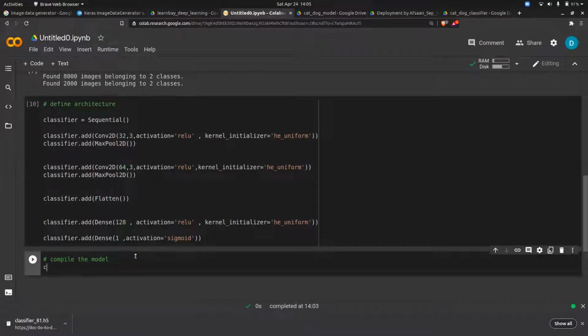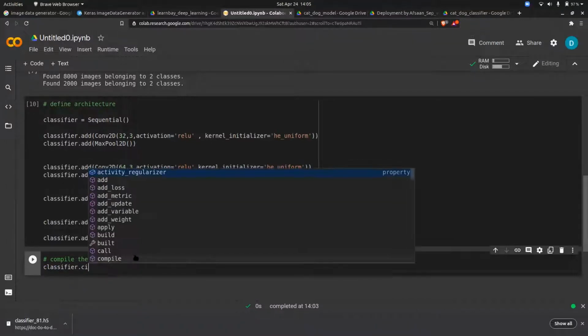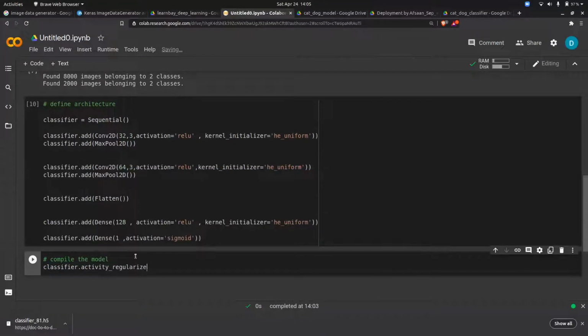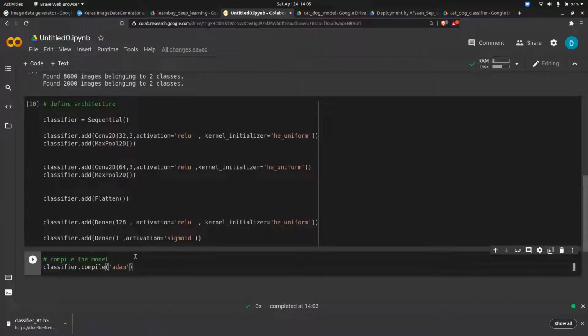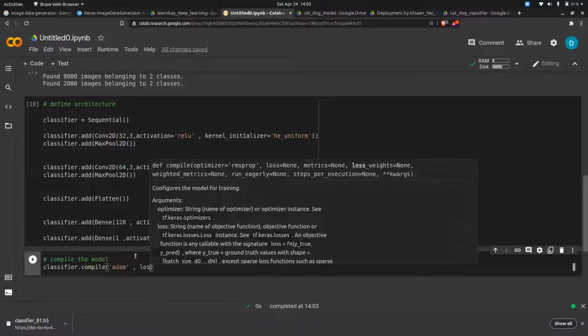Now classifier dot compile. In classifier dot compile, the optimizer we are using is Adam. Loss, what loss do we have to use?